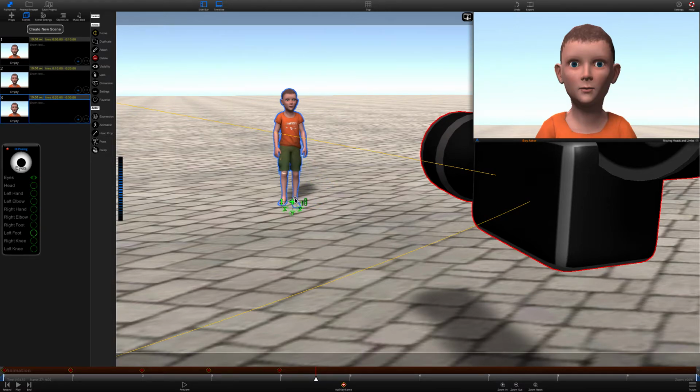But so let's say we wanted to make him do a little movement with his leg. Again, put the cursor back at the beginning. We keyframe his leg where it's at, and then we go to 1 second, and well, maybe at 2 seconds he's starting to move his foot around. Let me put it where I want it to be at 2 seconds. Maybe at 2 seconds he's here,